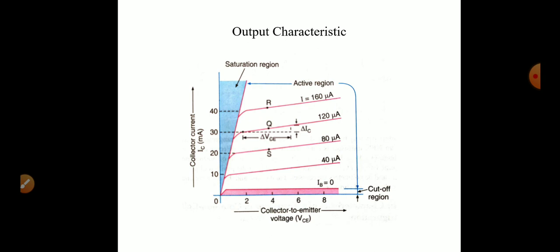As we studied in the characteristics of common base configuration, the output characteristics of a common emitter configuration are also divided into three regions. They are saturation region, active region and cutoff region. In saturation region, the output current, collector current, increases rapidly, similar to the common base configuration. In active region, the collector current increases slightly, and in cutoff region the collector current is approximately 0, meaning not equal to 0, a very small amount of current flows due to minority carriers. We call that current leakage current.